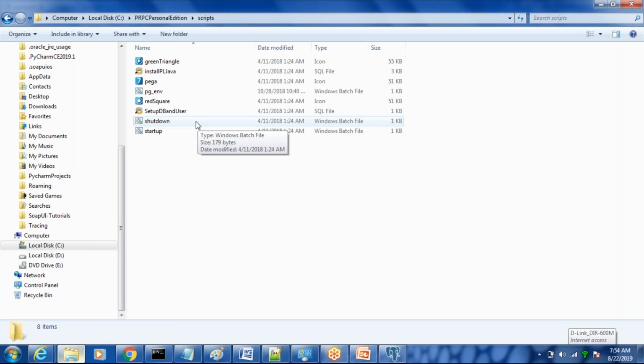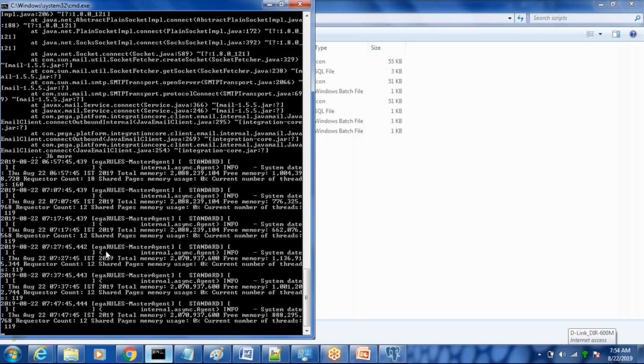Okay, so for the next time when you come to this, you are going for the startup.batch file. You just need to double click on startup.batch file. So you will see a command prompt window which appears for starting your server. When the server starts, it has to start both the servers, the database server as well as the Tomcat server.